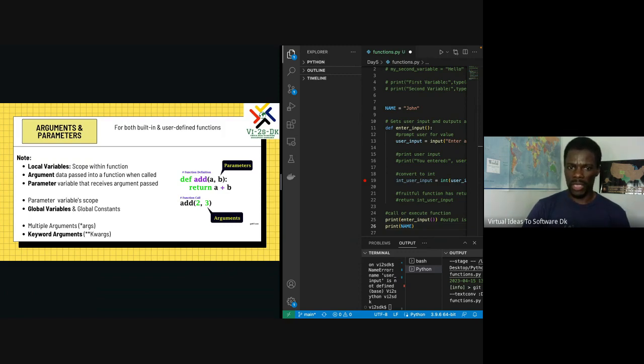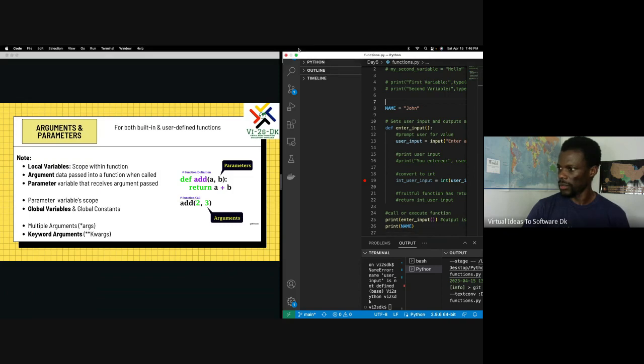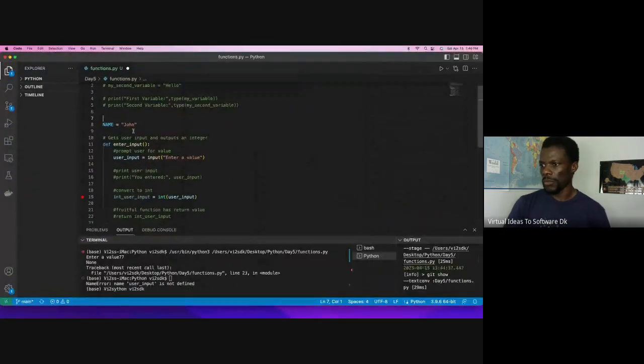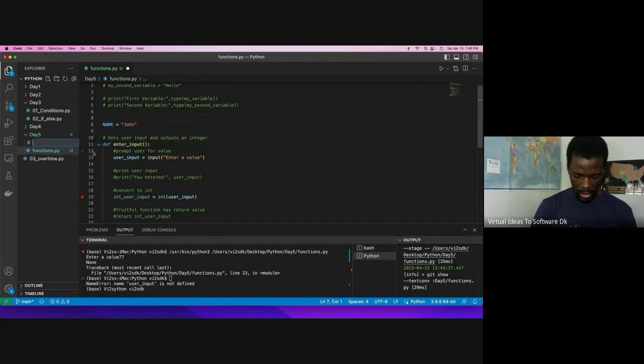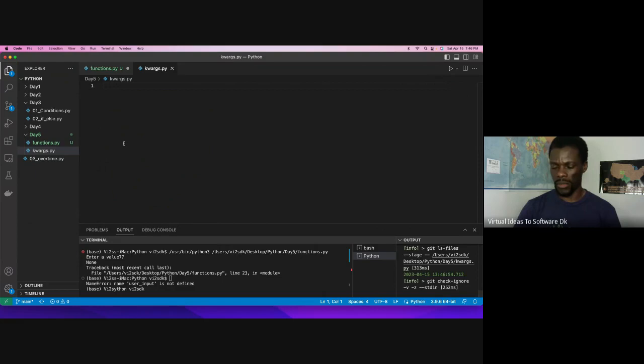So for instance, let's make this bigger actually. There you go. Let me open a new file here. I'll call it kwargs.py. Keyword argument is commonly known as kwargs. Let me write kwargs equal to keyword. So for instance, we did